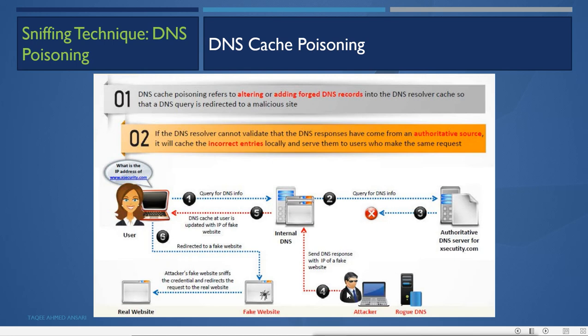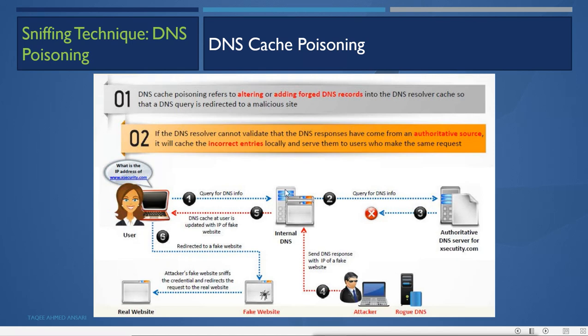So the attacker will craft the response directly. It will directly send the response to the DNS server, saying that facebook.com is this server, and this is the IP of the facebook.com DNS server. It creates a rogue DNS server on its machine, and sends that DNS server's IP as a response to the DNS server which it wants to infect. Now this DNS server will cache that record in its own DNS cache, that this is the DNS server for the Facebook site, facebook.com.